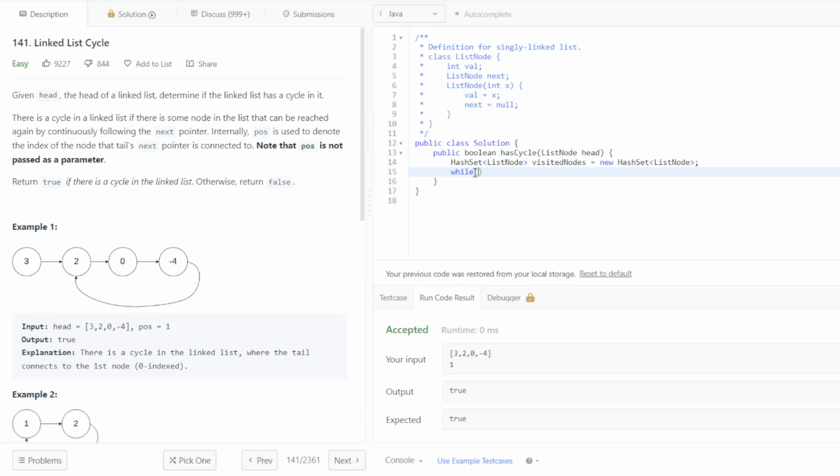We can just say, while the head is not null, we are going to check if we have already visited the node that head is currently pointing to. If that's the case, then that means we have a cycle on our hands, and so we can return true. Return true if there is a cycle. Otherwise, we are going to add head to our hash set by doing visited nodes.add